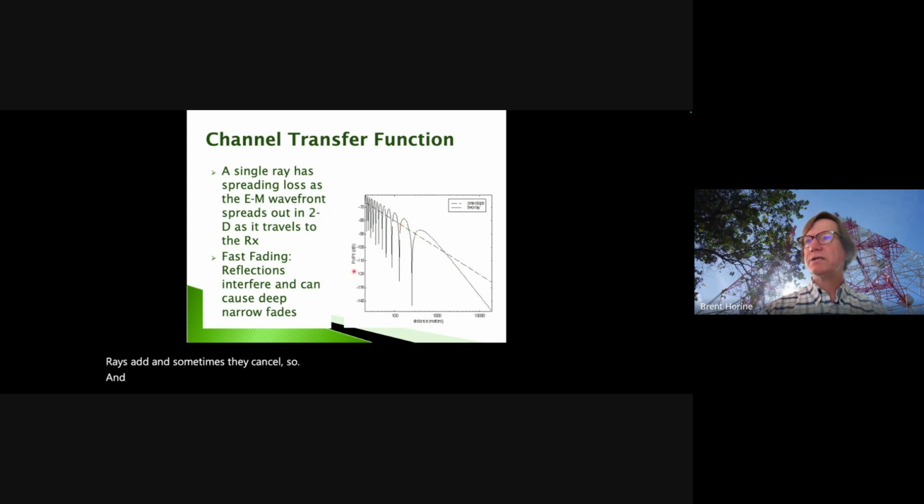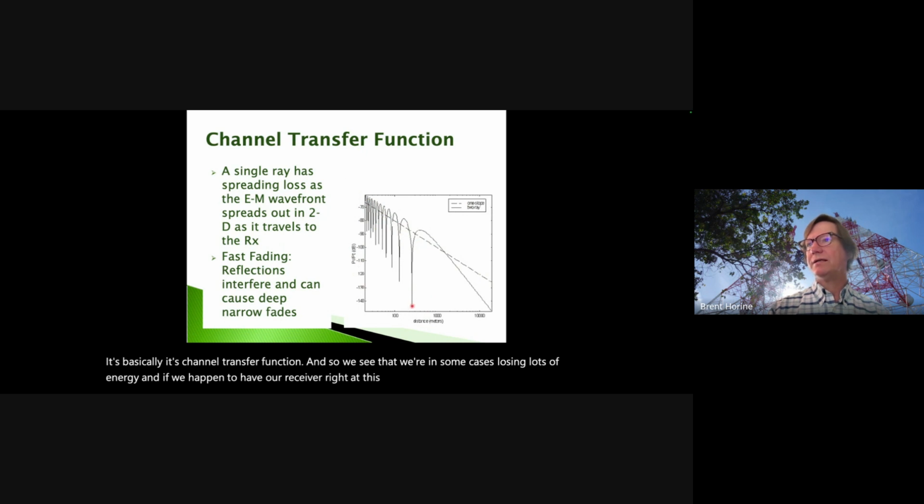And here this is attenuation, or the relative receive power versus transmit power. So it's basically its channel transfer function. And so we see that in some cases we're losing lots of energy. And if we happen to have our receiver right at this location, we're not going to get any sort of signal. It's minus 145 dB versus maybe our system might be designed to operate with minus 88 dB or something like that. But we're really seeing this much worse